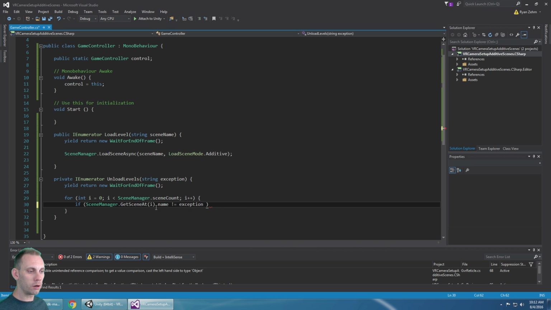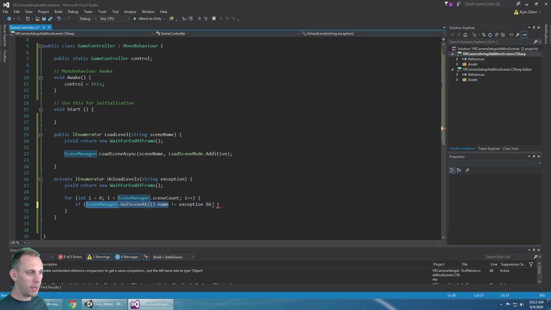So what we're saying here is we know that there's 2 scenes currently loaded. So get the scene 0 and give me its name. And if that name is not the exception, so it's not the level that we just loaded, and